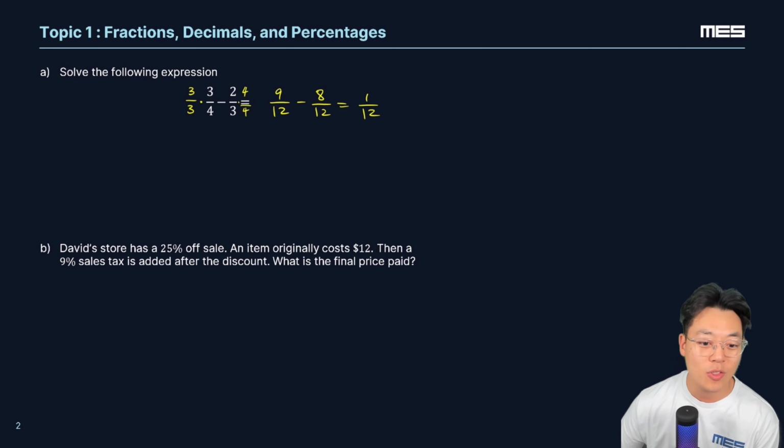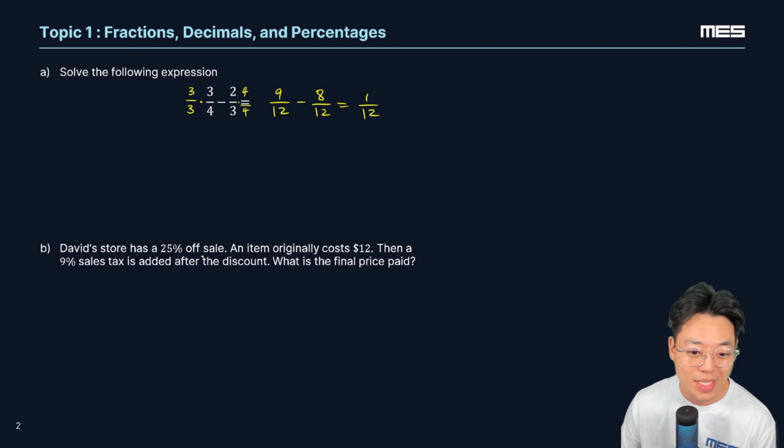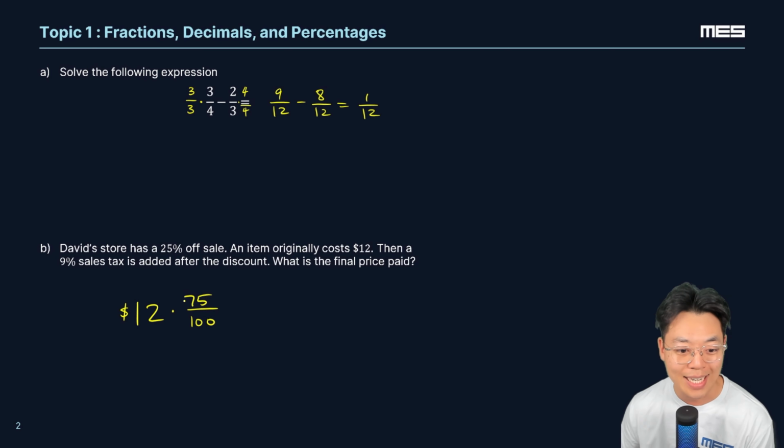Letter B, David's store has a 25% off sale. An item originally cost $12. All right, so we start with the $12, and it's going to have 25% off, meaning that 75 of the 100% remains. So we have 75 of the 100 that remains, and then a 9% sales tax is added after